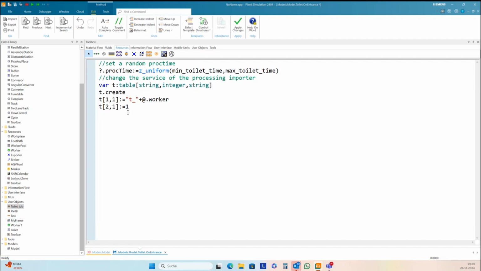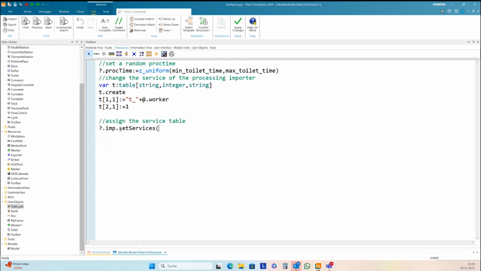And I set the service table with question mark. This is here my toilet imp. This is the processing importer, and set services.